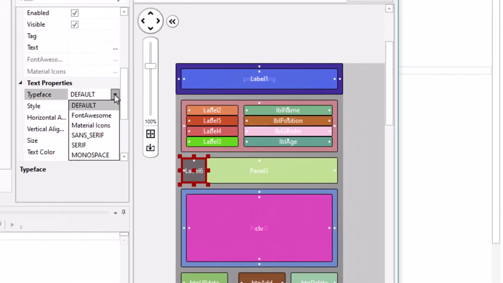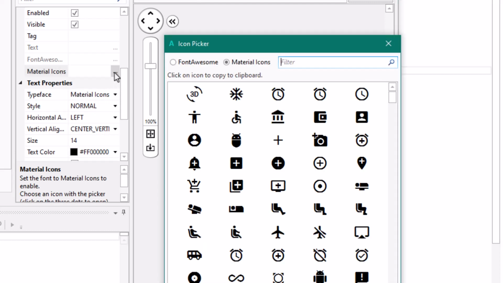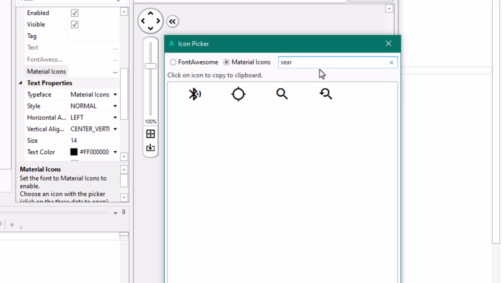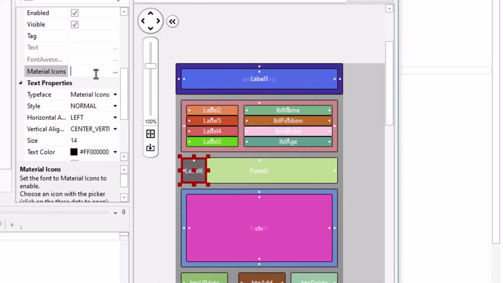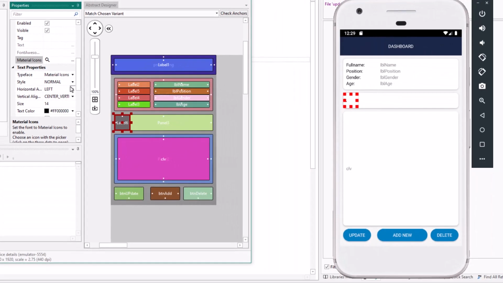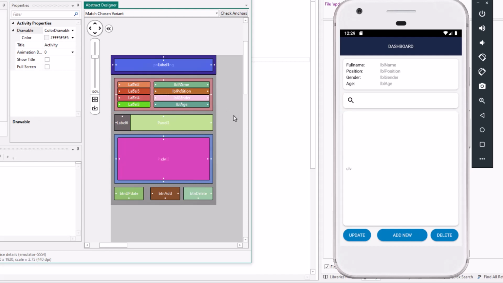Change the typeface to, let's use my two icons. Change the font color. Okay, it's already white. Let's make it a bit big and let's center it. Okay, so this is the search box.